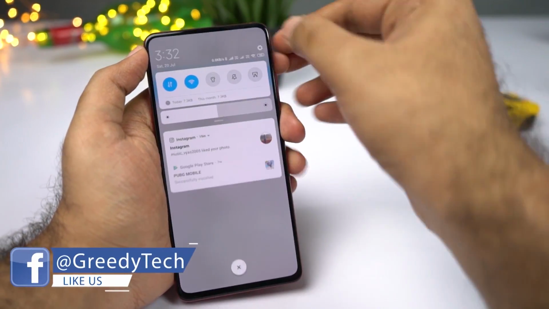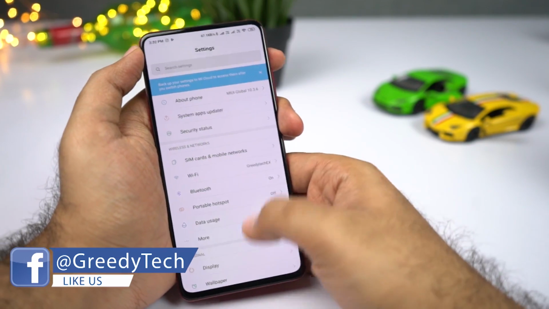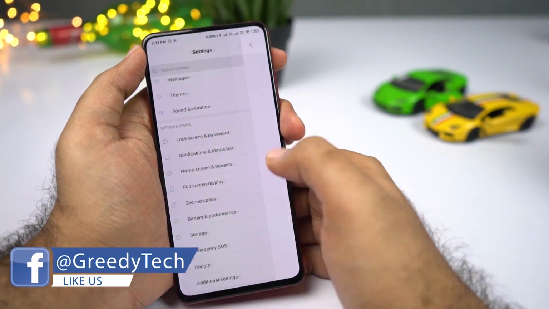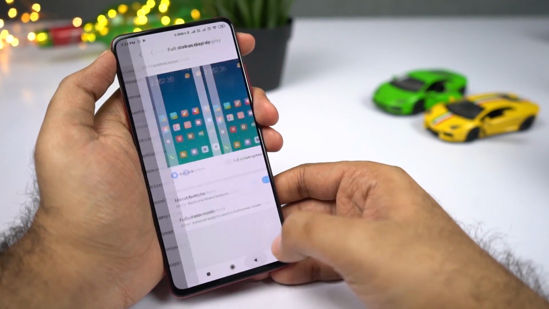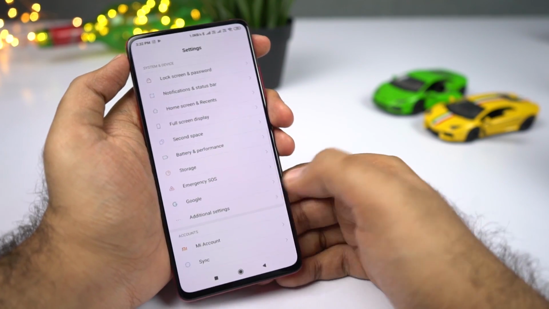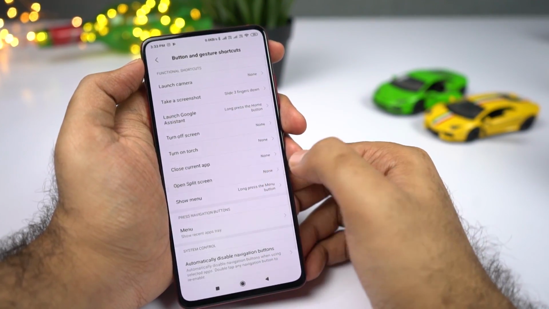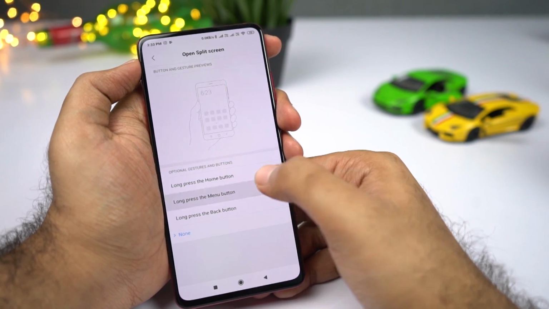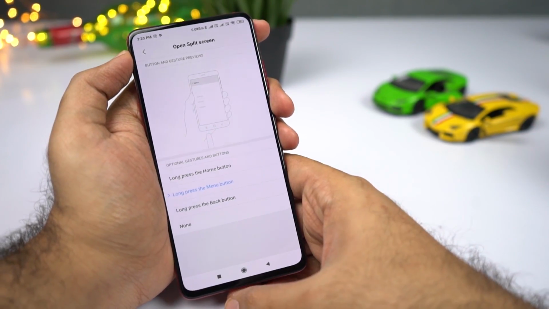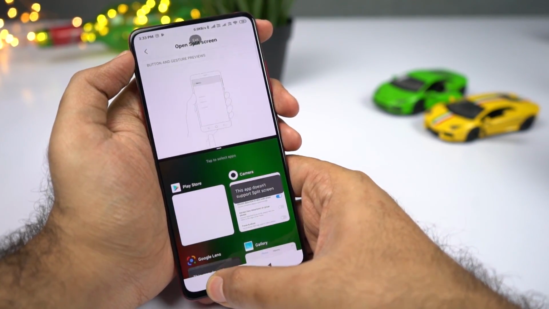Now, if you are using a navigation bar, like if you're not using gestures, let me just enable that. So if you're using these buttons, we have another little shortcut. So to enable it, go to additional settings, then select buttons, and now select open split screen and select long press menu button. Once you do that, you can simply press and hold this button, recent apps button, to open